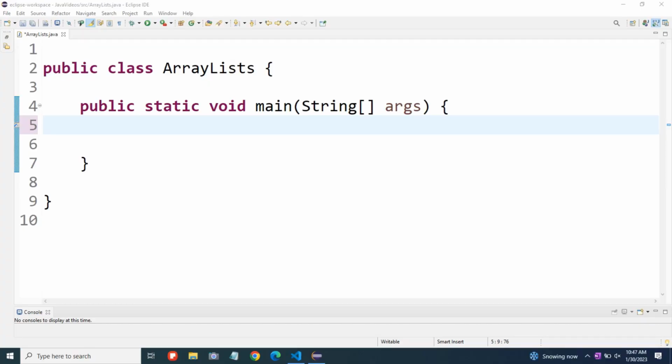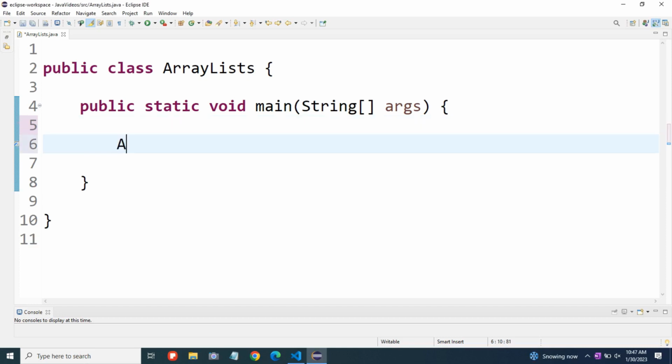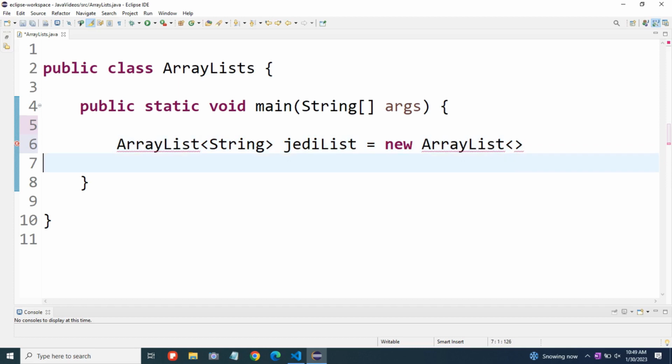To make an array list, we just type the word ArrayList, followed by a set of angle brackets. And inside the angle brackets, we put whatever type of object we're going to put into the array list. So I'm going to put strings inside of mine. So we're going to write String in here, and I'll call it jediList. And then we'll instantiate a new ArrayList object by typing new ArrayList, angle brackets, and then after the angle brackets, a set of parentheses and a semicolon, which is kind of a weird syntax, but